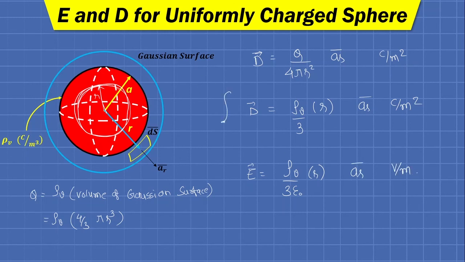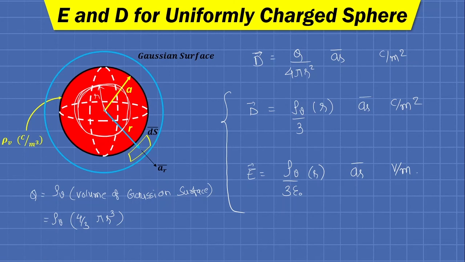Fine. So these two are very crucial to understand, because in the case of a uniformly charged sphere, we will have non-zero field intensity and flux density inside the sphere. Because even for such a region, the Gaussian surface will enclose some charge, and some intensity and density will be there regarding the charges enclosed.